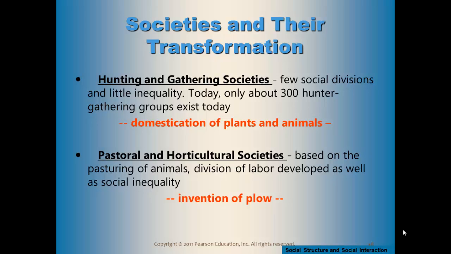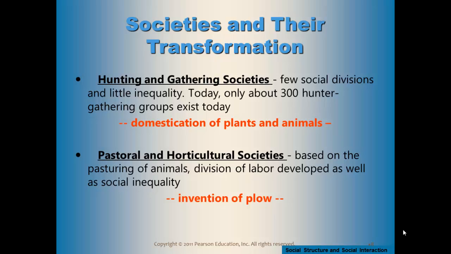Somewhere along the line, somebody figured out that you can raise plants and you can raise animals, and you wouldn't have to move around to have them. And that's the innovation that I'm talking about here, the domestication of plants and animals that happened in prehistory. And so the hunters and gatherers began to settle down and locate, and two different kinds of societies actually developed,